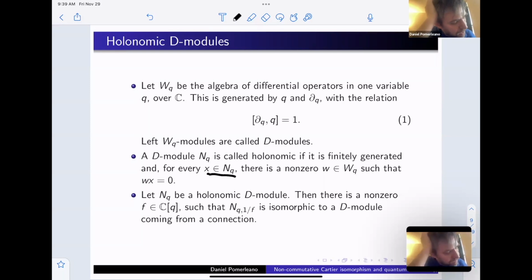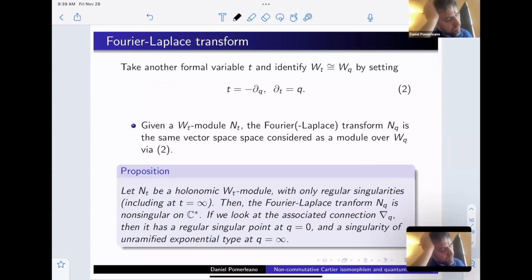So the reason this algebra is convenient to work with is that one can think of the Laplace transform, which is basically an automorphism of this Weyl algebra that may be familiar from differential equations. By definition it clearly preserves the holonomicity condition. What's important for us is that if I start with something with regular singularities, including the missing point at infinity, then the Laplace transform will be a vector bundle over C star,